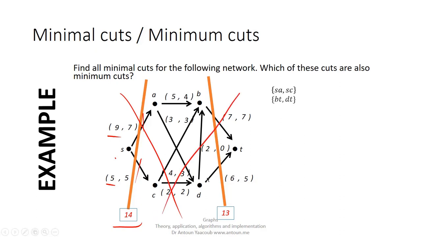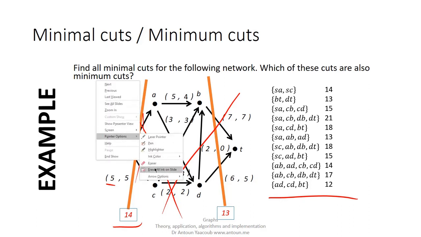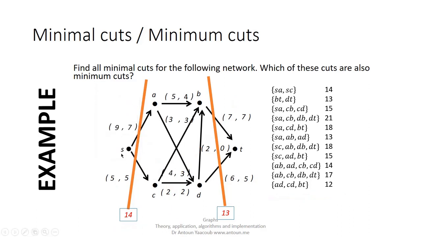I have listed here all the possibilities. You need to check for each cut that S and T are no longer connected. I have here the value of each cut. As you can see, the last one is AD, CD, and BT. I will erase all these. If I remove AD, CD, and BT,